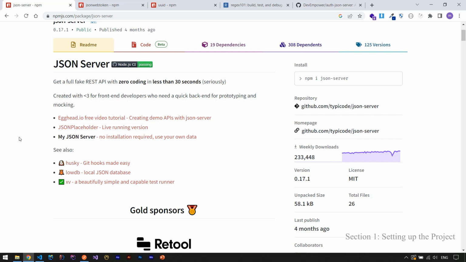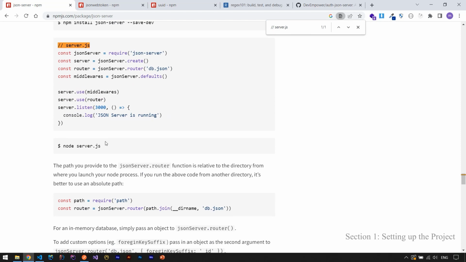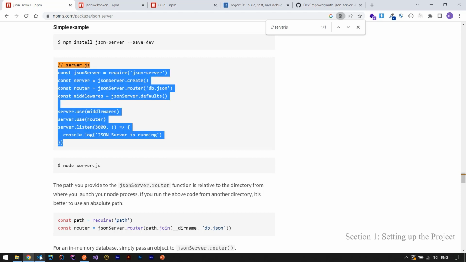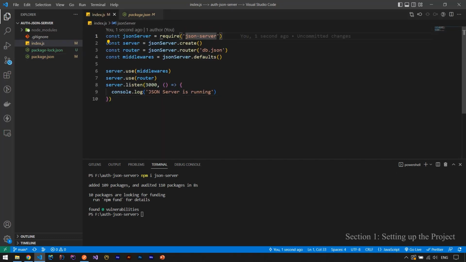And let me show you how we can create a simple server. You can see that all of our code is here, and we can create a new JSON server and create a server for it, add a router, add middlewares, and apply this router and middlewares to our server, and then listen to it using some port. I will copy all of this code from here, and inside of index.js I will paste it. You can see that we import the JSON server, and then we create a server using this, and then we have this router, which is